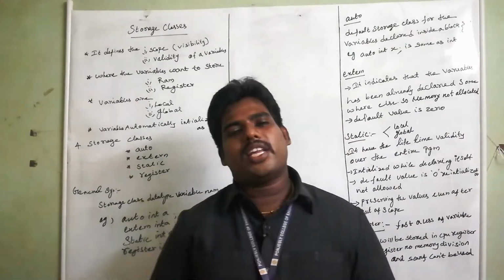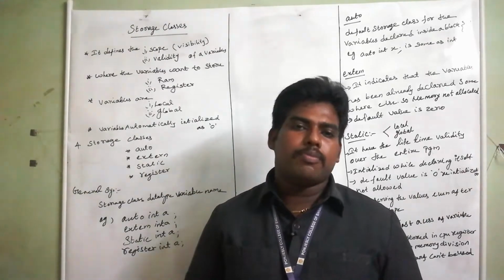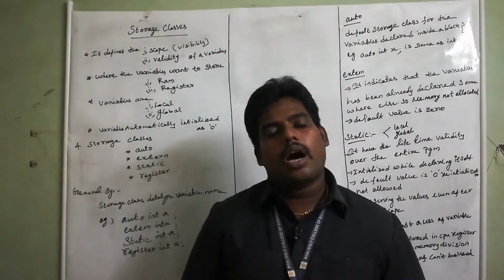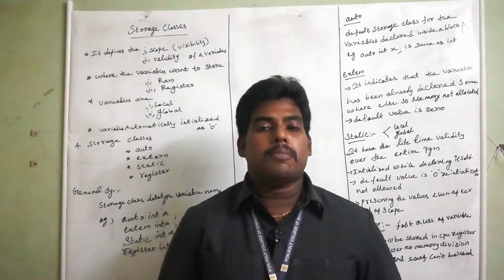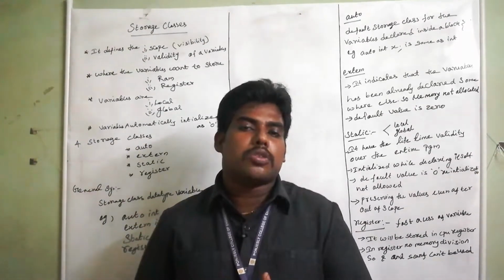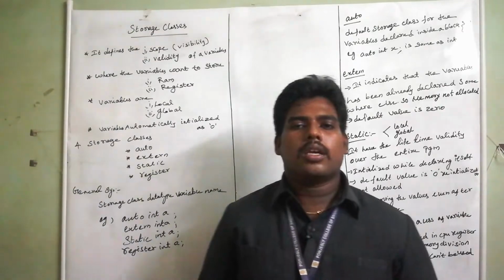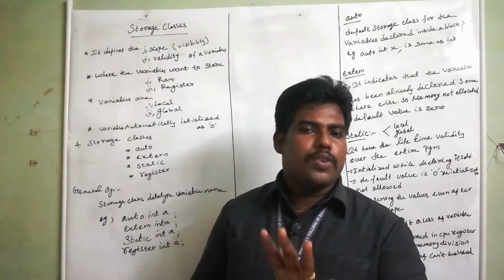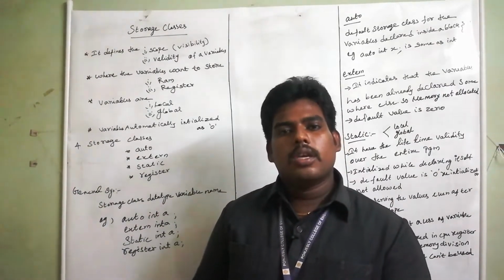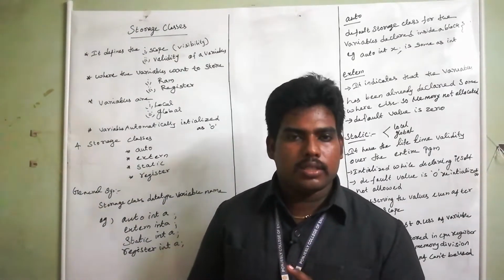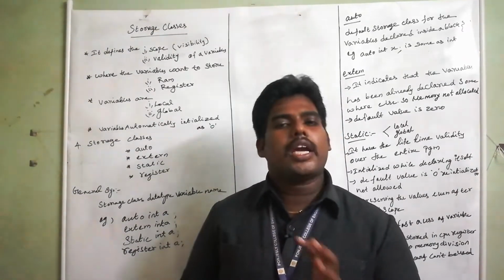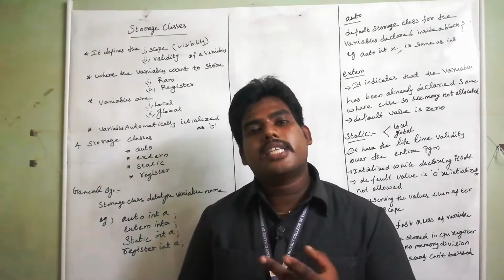By default, where will the variables be stored, whether your program utilizes primary memory or secondary memory? Always your program uses primary memory, that is your RAM. For the file concept only, we use secondary storage, the hard disk. So normally we are using RAM only, but there is one concept, register. If you use the register keyword, for frequent access, fast access by the CPU, we can store the variables inside the register also.